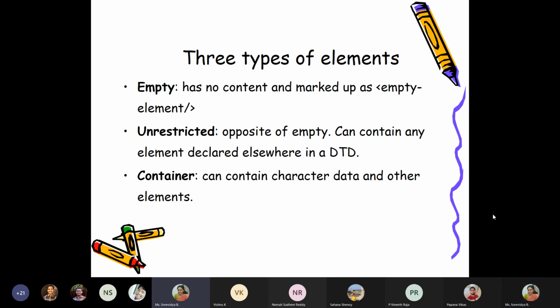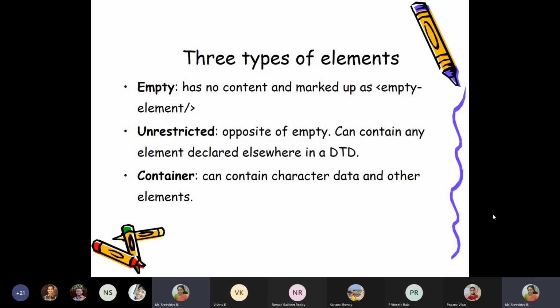You have a tag called B to make the content bold. How will you do that? You will enclose the sentence within this tag. So tags normally have two parts: the start tag and the end tag. The name of the tag written inside angle brackets is the start tag. The same name with a slash in front of it, written inside angle brackets, is the ending tag. Between the start tag and end tag, whatever we write is the content of the tag.